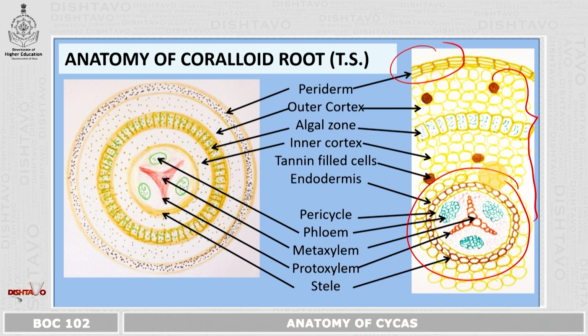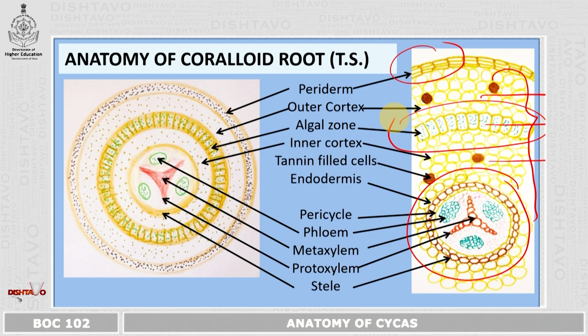Following the periderm is the white cortical zone, which is differentiated into outer cortex, middle cortex, and inner cortex. The cells of outer cortex and inner cortex are thin-walled, parenchymatous, and some of the cells are filled with tannin, while the middle cortex forms the algal zone. The cells are elongated and are filled with filaments of blue-green algae, such as Anabaena and Nostoc, which help in